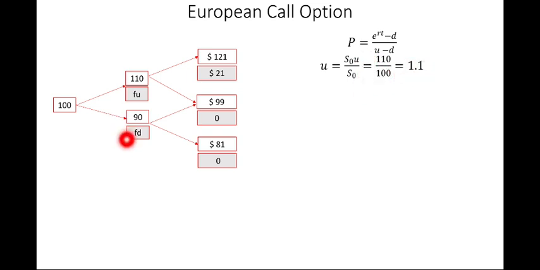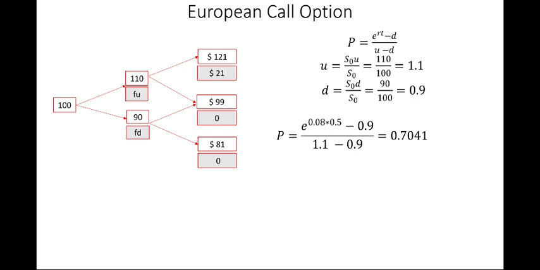Similarly, in the previous session we have also discussed how to determine the value of d, that is by dividing 90 by 100. So 90 divided by 100 comes out to be 0.9. So d is equal to 0.9. Now we are having the value of rT available with us. So just plug in all those values into the equation, we get P equal to exponential raised to the power 0.08 multiplied by 0.5 minus 0.9 whole divided by 1.1 minus 0.9. So on solving this you will get